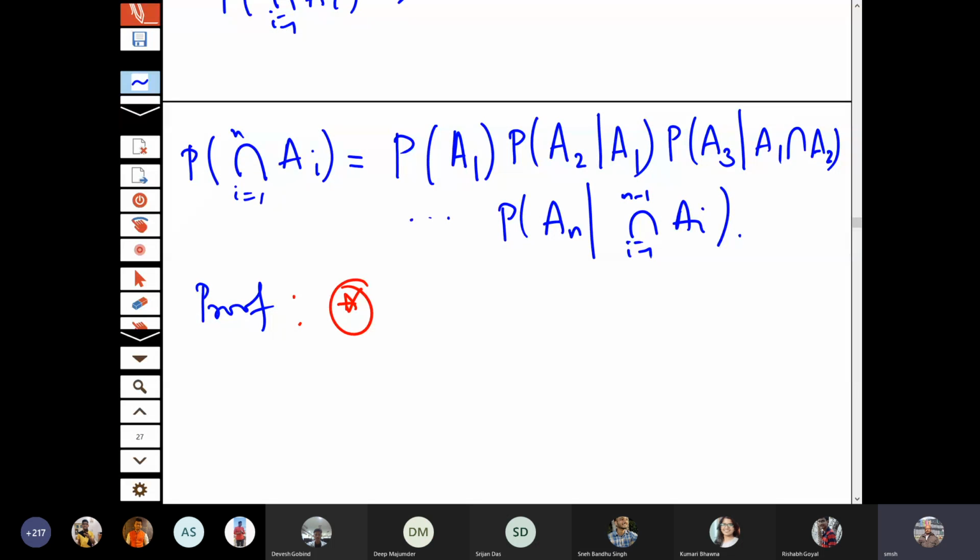Now let us look at the consequence of this conditional probability. For example, if I am looking at this class, the class is happening. Now the class may not happen due to some reason. So what could be the reason? There can be an equipment failure, there can be a power failure, or there can be a network failure. Each of them has certain probabilities, isn't it?